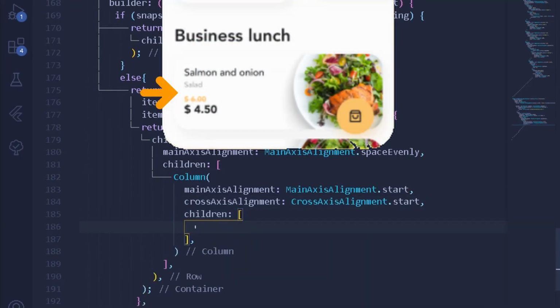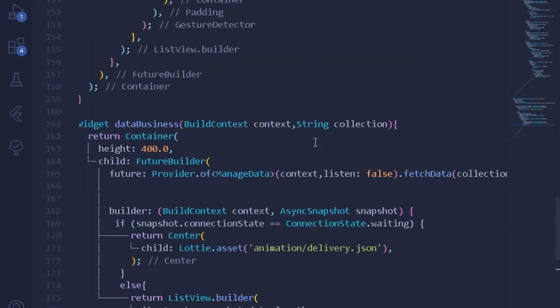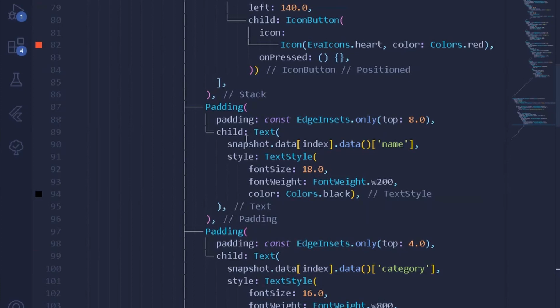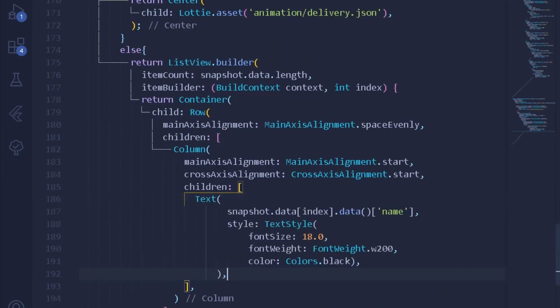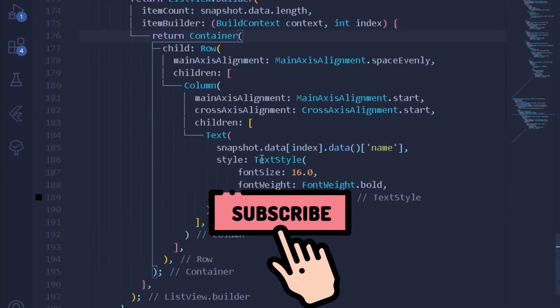The first child under our column is going to be the text. For this text, I can simply go up and copy the entire text. Remember one thing, we need to save our time. Under our text, the entire thing is going to be the same, so I will simply decrease the font size from here. Also let's make the font bold. Once this is done, after having the following container, we can have other attributes as well.